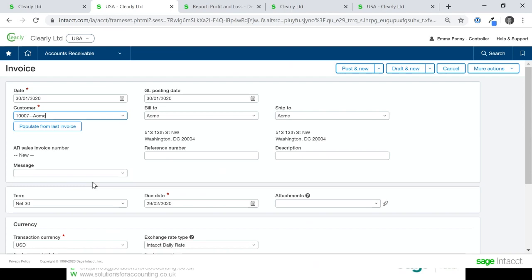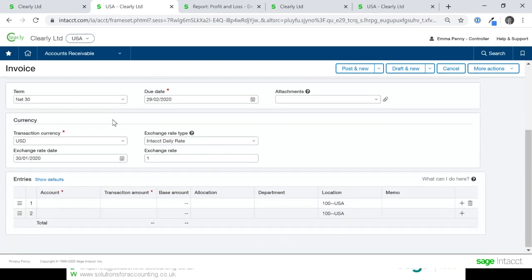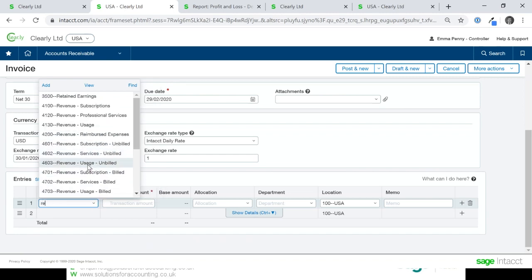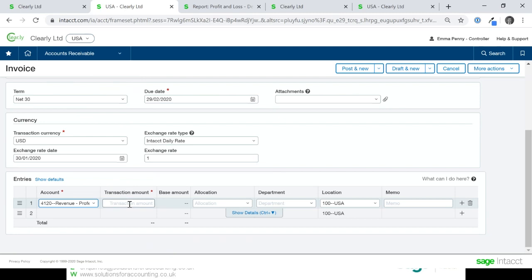For example, you might have a customer that insists on having a reference number populated when you send them an invoice. If that was the case, you could use a smart rule to say, when the customer name is Acme, this field cannot be blank. And then you can tell the smart rule to either warn the user, you are trying to process this without a reference number and then allow them to continue, or you can actually give an error, i.e. you cannot post this until you put a reference number in. So for this particular invoice, let's just pop a professional services invoice in there.